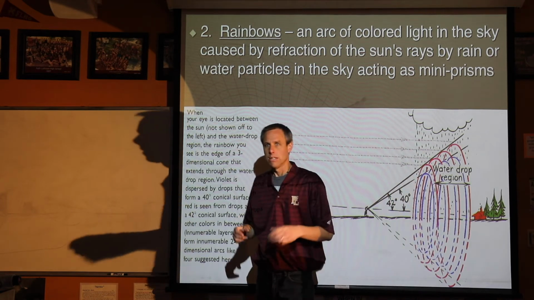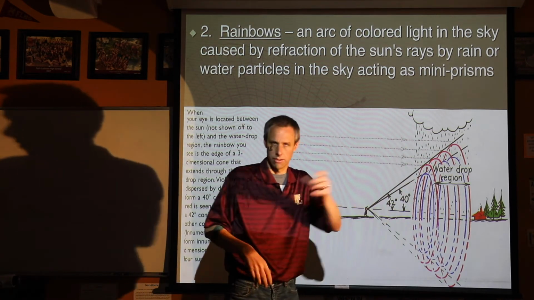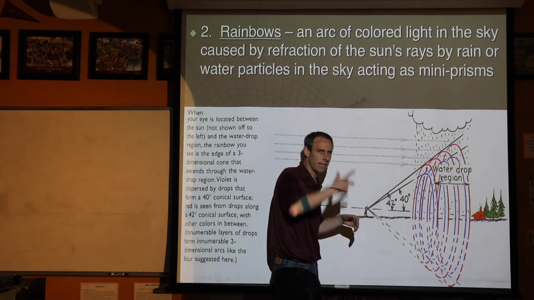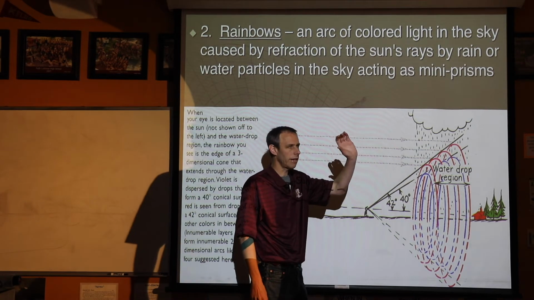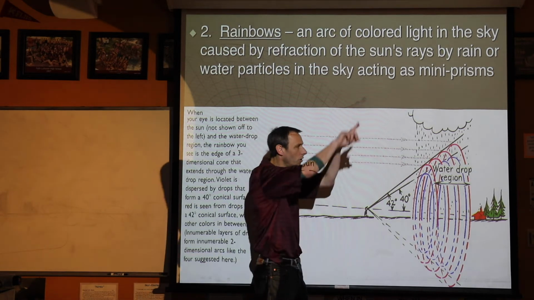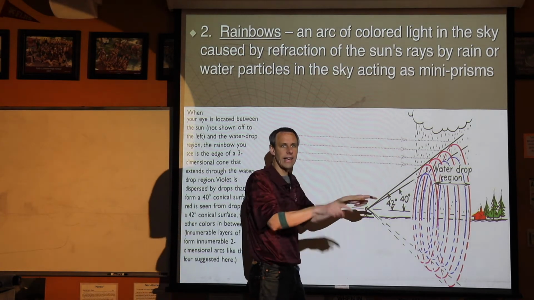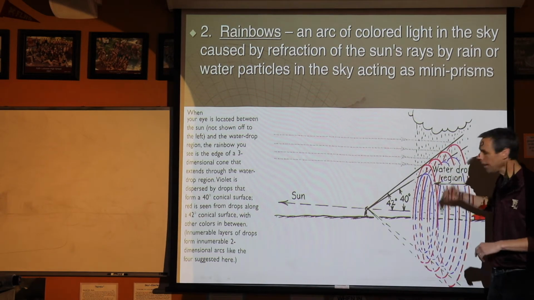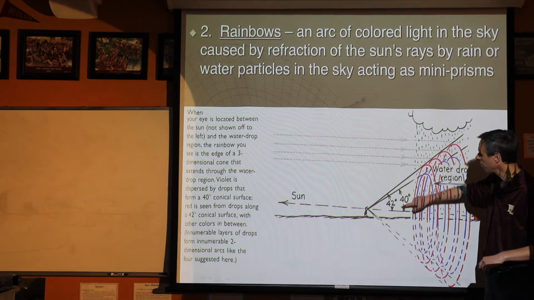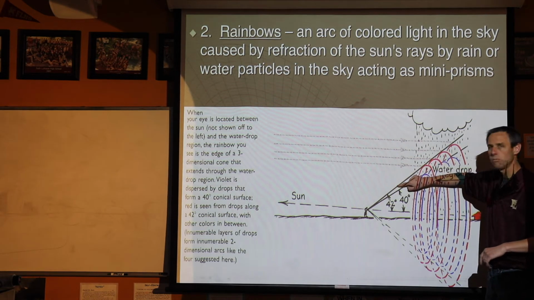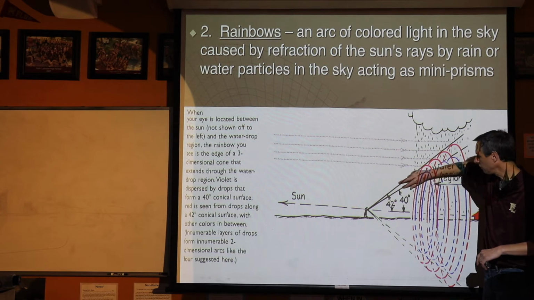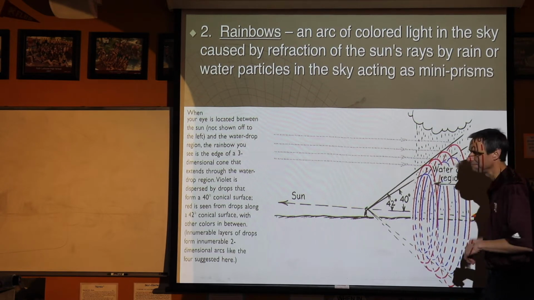It's a cone, like the little water cups with the cone ones there. And it's like you snip the bottom of that cup and you hold it right to your eye. You're only going to see the edge, but it's actually 3D. And the angle is 42 degrees from where your eyes are up will be the red, and then 40 degrees up from there will be the violet, and then you'll have 2 degrees of rainbow shooting out with every other